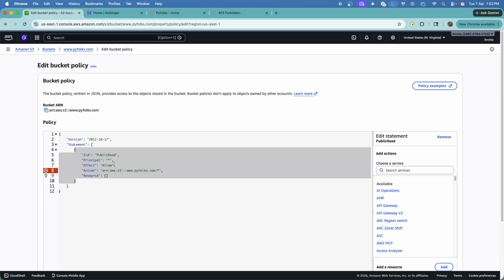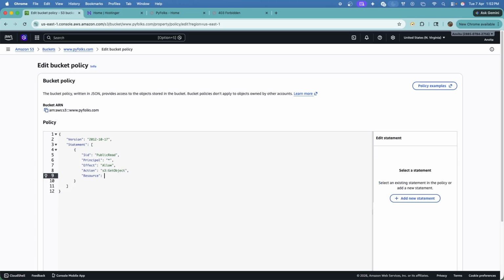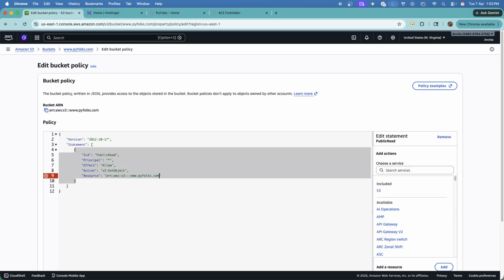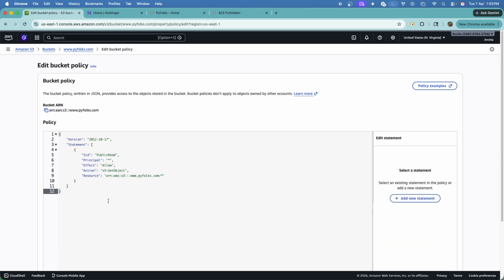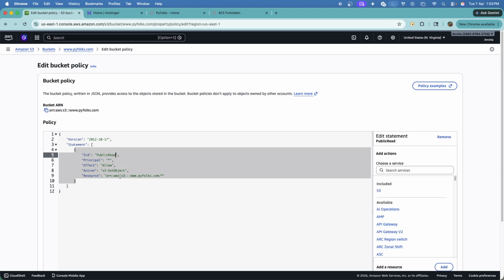It should be Allow, Effect should be Allow, Principal should be star, and it should be Action, right? Okay, you have to take S3 GetObject. So this is the action actually, and in the Resource section you have to provide this one, slash star. Okay, now you save it, or you can give public read access